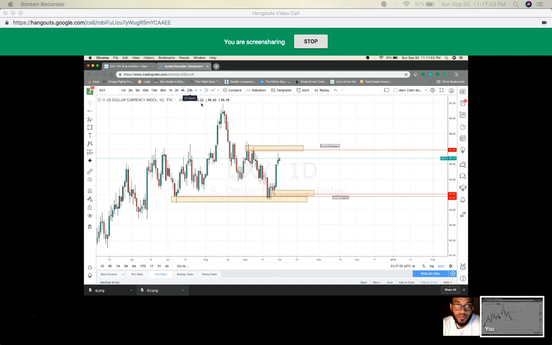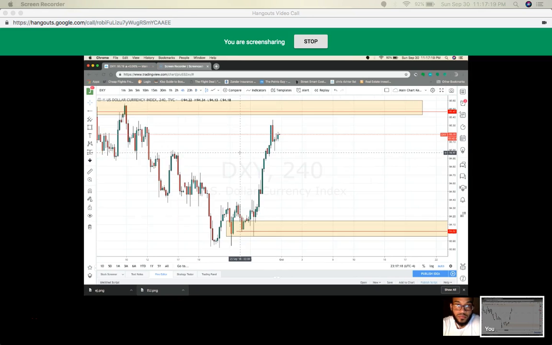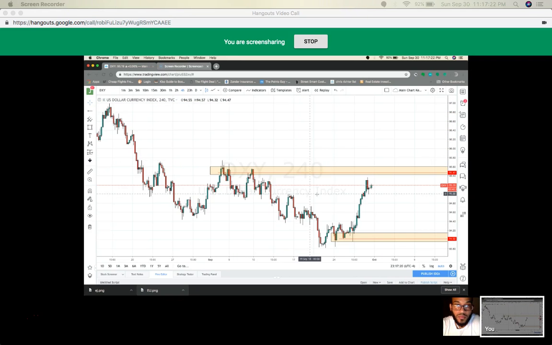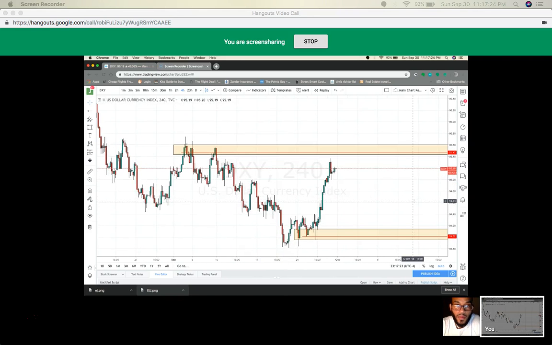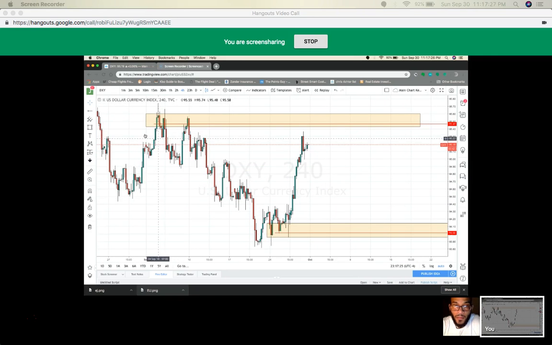But since we're working with current price, let's just go from there and see where we are in the market. So after you find your daily support and resistance for current price, then go to your H4 and break it down a little more. So I expect price to come up to this zone, and then when it gets to a higher time frame zone, which is still H4 or daily,